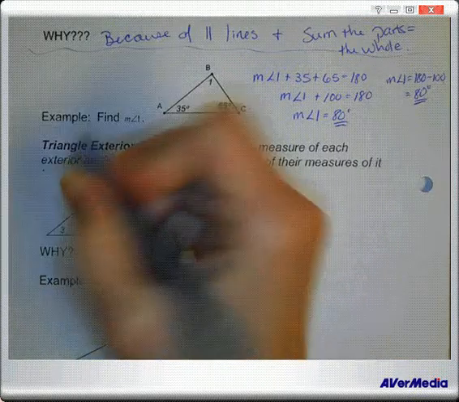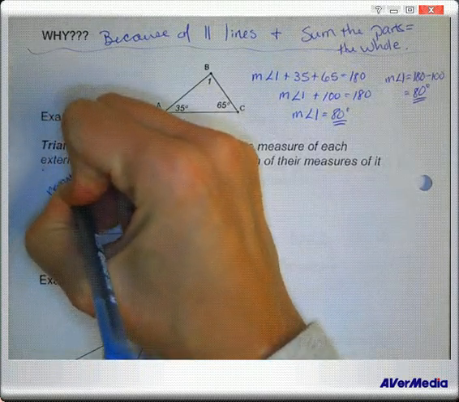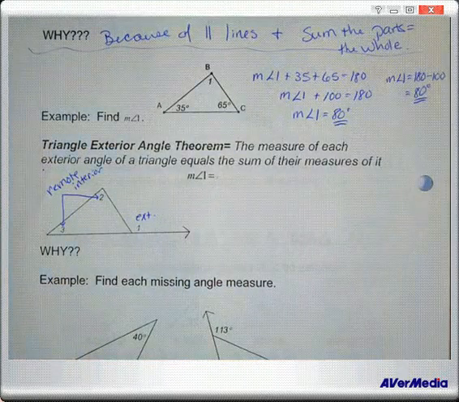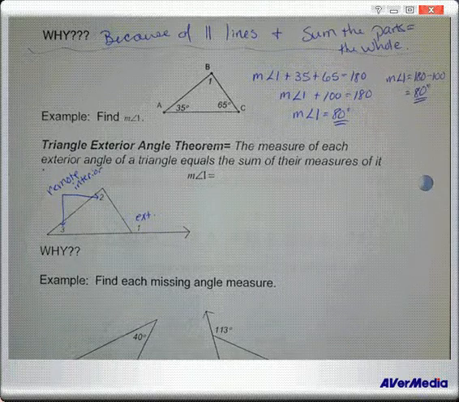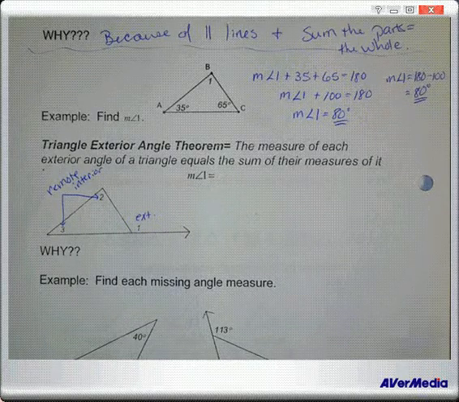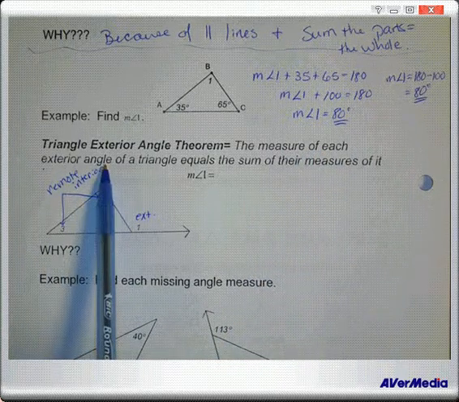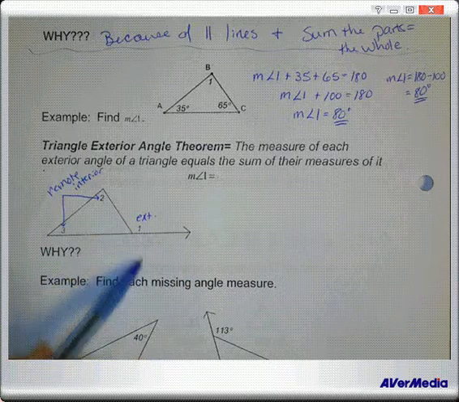Now, because of this magic number of 180 degrees, we have this really cool way of finding angle measurements without having to use all three angles of a triangle. First of all, this is the measure of each exterior angle. And by the way, to form an exterior angle, you just extend it one time. You don't extend both sides. You just extend one. The measure of an exterior angle of a triangle equals the sum of the measures of its